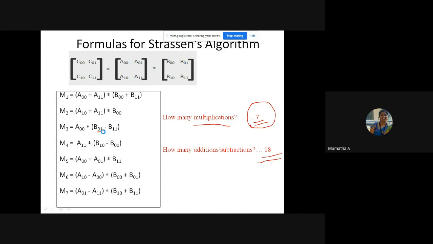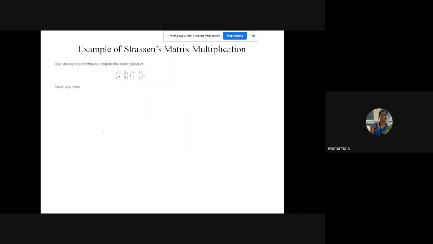Now, the example which I have just taken is two matrices of size 2 cross 2. In your exams also they will give it like this: compute the matrix product using Strassen's algorithm. So you have to show it step by step. Don't write the final answer computed by your normal method, it will not fetch you marks here. So let me first write it down. I need all those A00, A01 and all those things, so let me write it down for my solution.